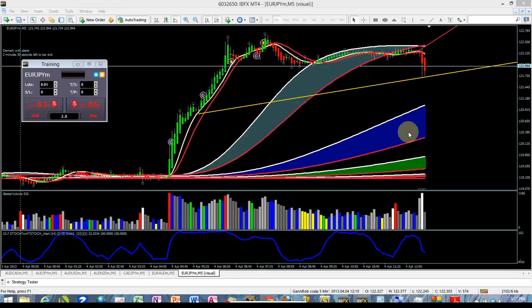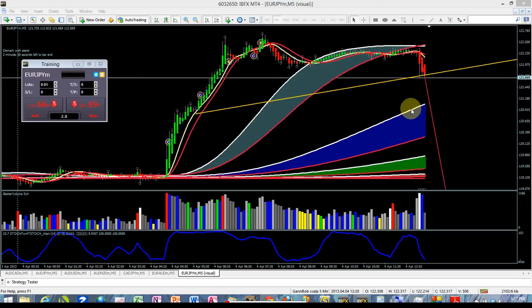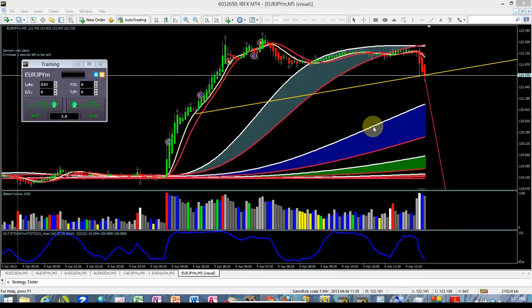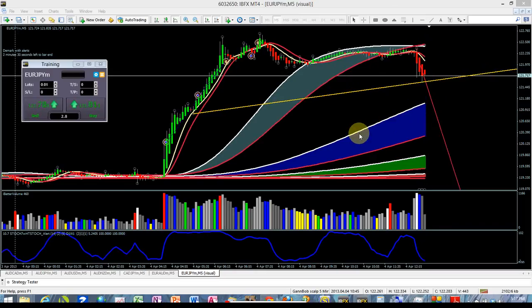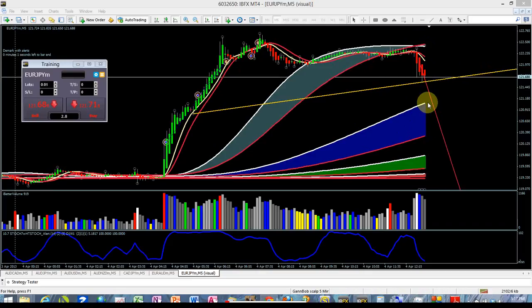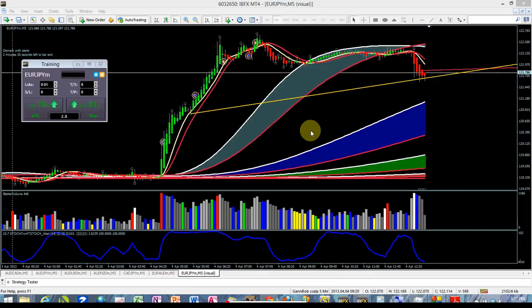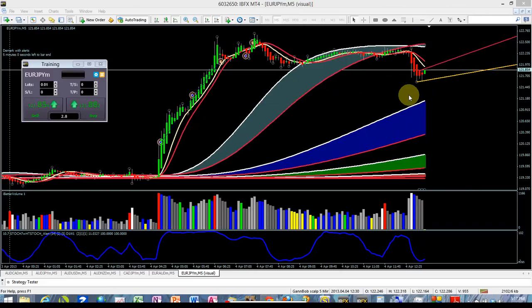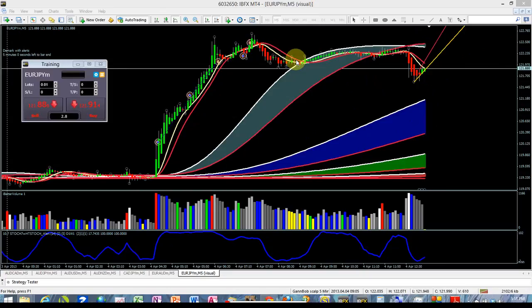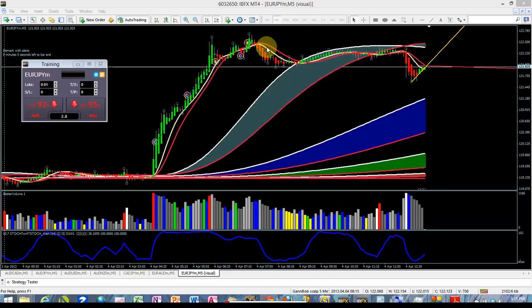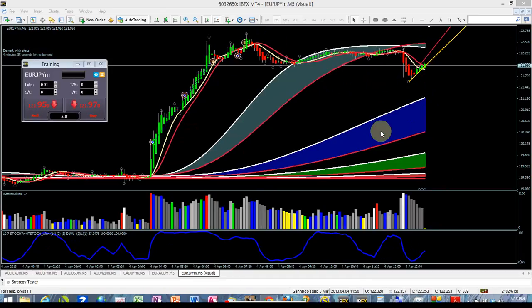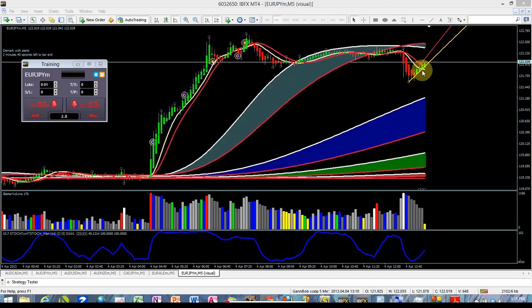Now look up here, we have a breakdown, come right through the narrow part of this. We broke out here and we're going to come down. That's so cool. Now I wonder if it gets down here, if it's going to stop on the blue, or whether it's going to go back up and retest. It could retest this 1 minute, and now we have the 1 minute on here. Isn't that cool on the 5 minute? And when you see these crosses on the 5 minute, that gives you an idea about where you should get out. So it did go back up and through the 1 minute,